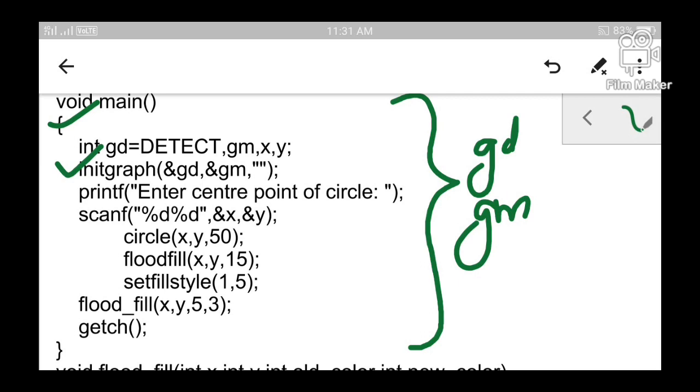initgraph is a function which is used to initialize the system to its corresponding graphics mode. By default every system will be in its text mode, which can only display textual information, but during graphics program implementation we also require our program to draw some pictures also.